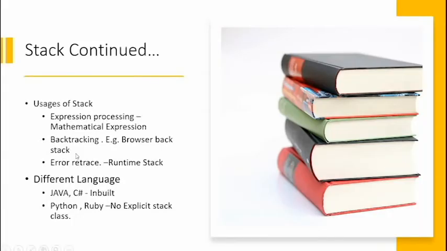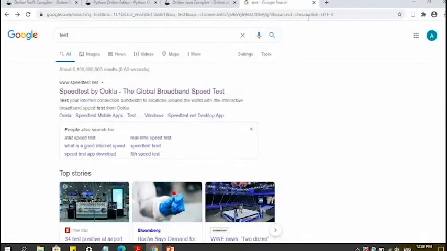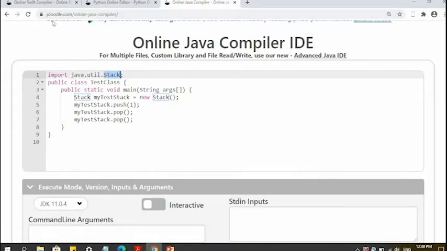I'll first show you the error trace, the runtime stack trace, and how it works. I am on jdoodle.com, and I have the built-in Stack class in Java. I have made this test class, and in main I have initialized this object, my test stack.